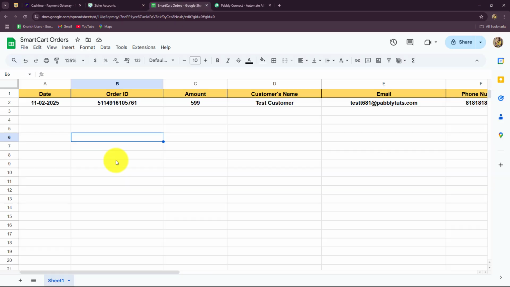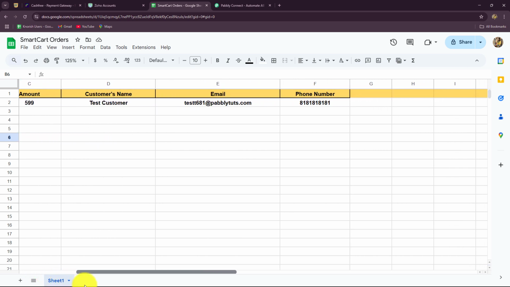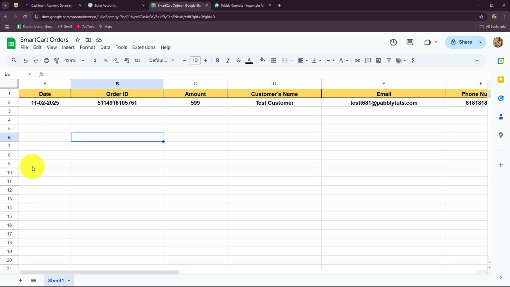After that, I also want to create a systematic record of the order: the date, the order ID, the amount received, the name of the customer, email and phone number, systematically in my Google Sheets. This is a long process. So I cannot add the details of each and every customer, each and every order in Google Sheets manually one by one. I cannot type and send mails along with other details to all the customers one by one